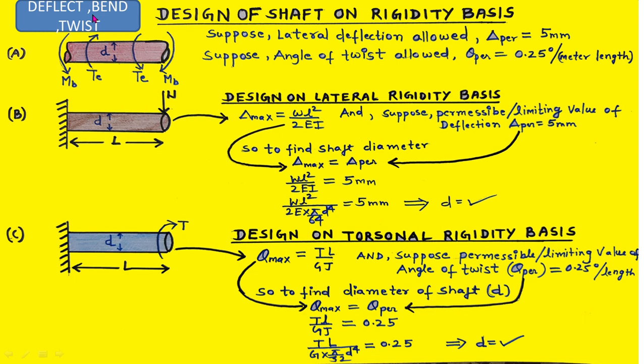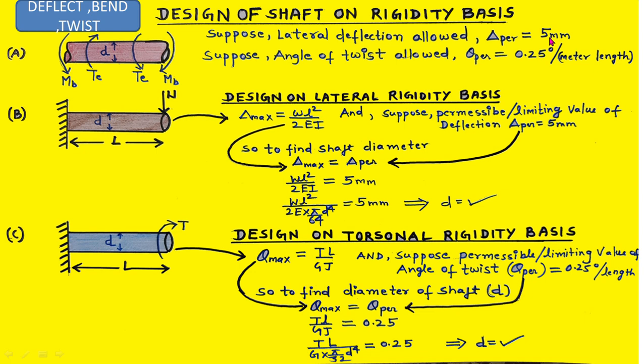For example, suppose the maximum lateral deflection allowed in the shaft is 5 mm for the applied loading condition. You can see the applied loading condition in this figure, and for this loading condition it is given that the lateral deflection must not exceed 5 mm. If our deflection due to the given loading condition is smaller than 5 mm, the design is obviously safe, and if it is greater than 5 mm, then the design is not safe. So if this condition is satisfied for the deflection, we can say that our design is safe